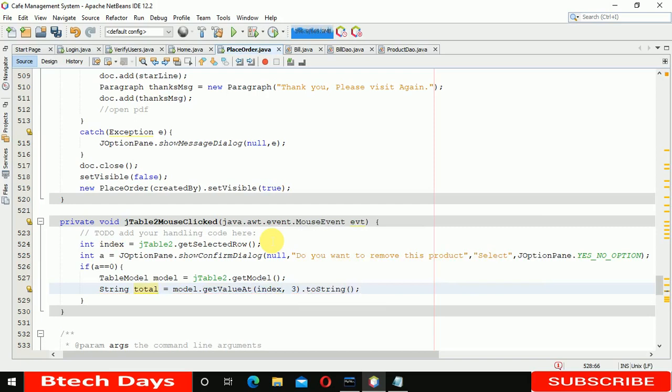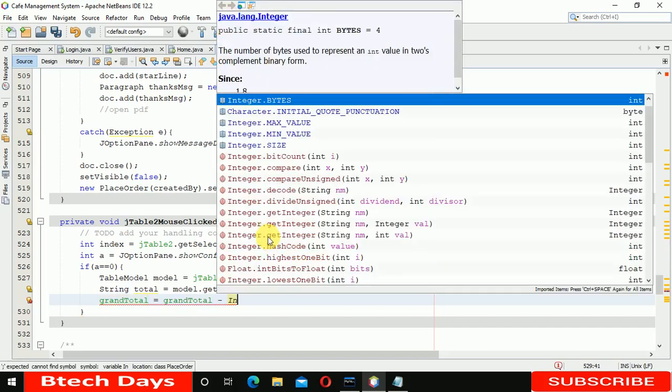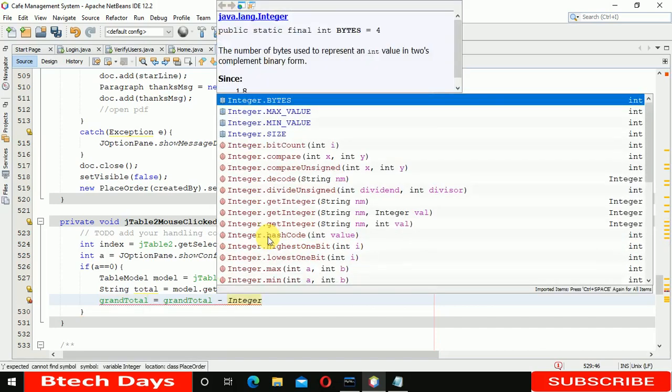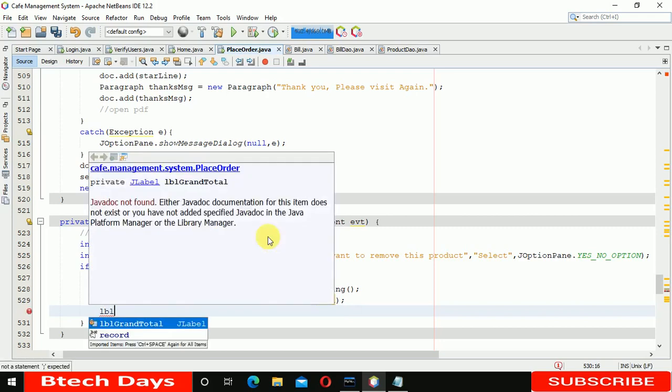We also need to subtract from the grand total whatever the total value is, that's the reason we are getting it. So grandTotal is equals to grandTotal subtract Integer.parseInt, and here we are passing it total,